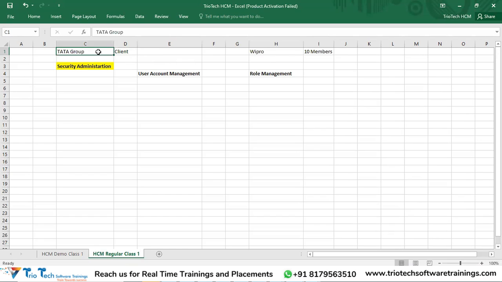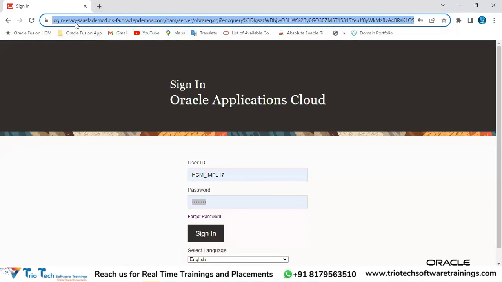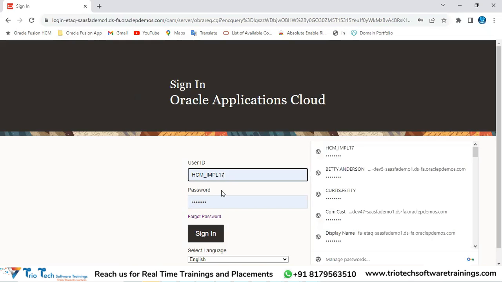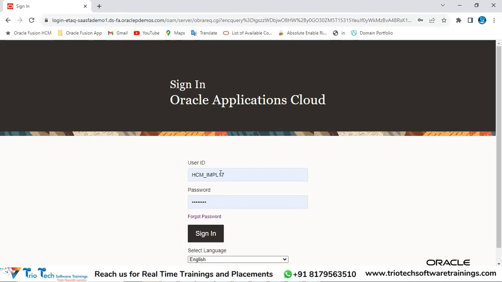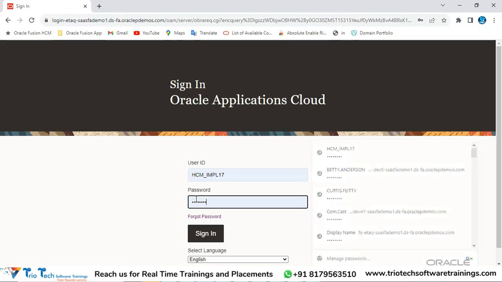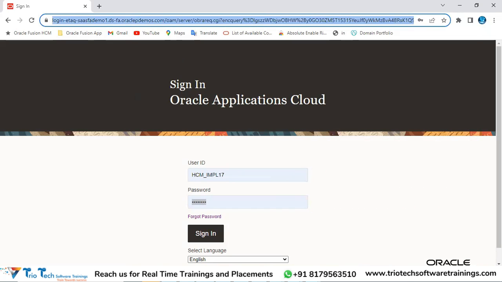So once the project got allocated, we will be working in the application of the client, whatever application the client purchased from Oracle. The client will give access to the application team. So we will be working in the client's application to configure all the modules in the system like core HR, absence, payroll, talent, all the implementation we have to do. Then how is this access coming, team? How will the user accounts and passwords be created in the system for